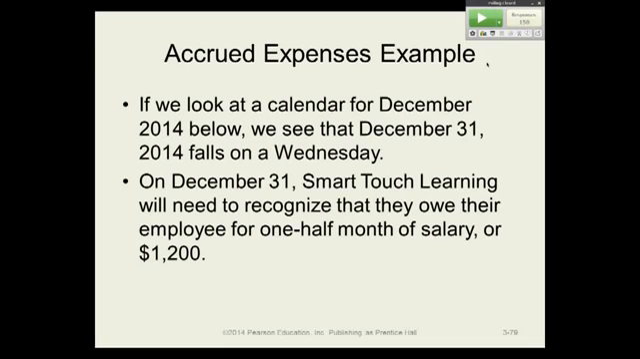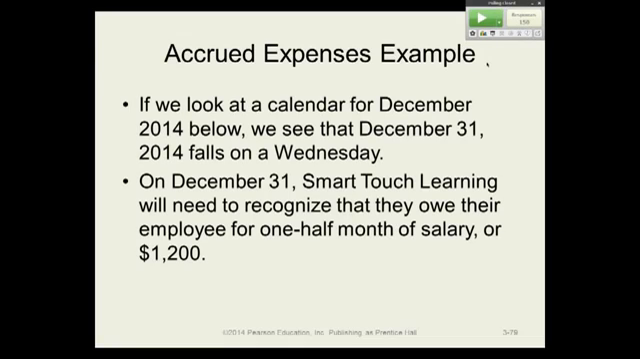And they are going to pay a monthly salary of $2,400. Now, the way they pay it is a little bit strange. They pay it on the 15th of the month, but the first day of the next month. So the way it will work is that you're going to have a very interesting looking calendar because December 31st, which is the last day of the year, falls on a Wednesday,